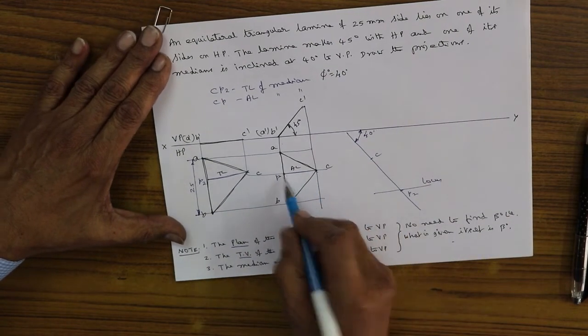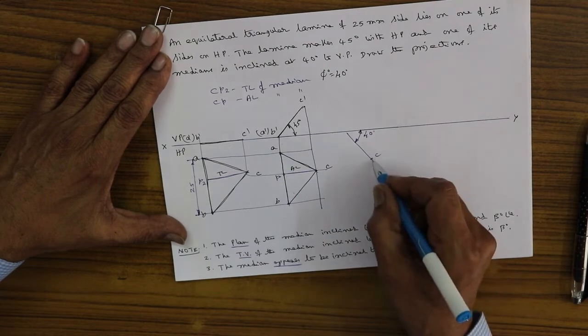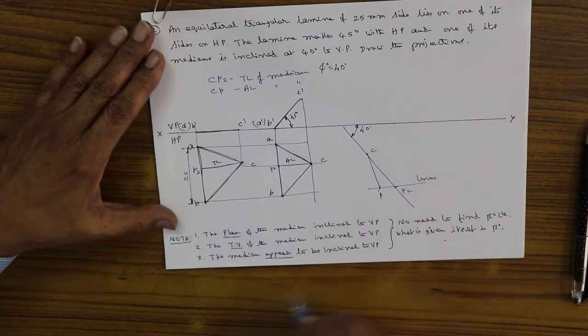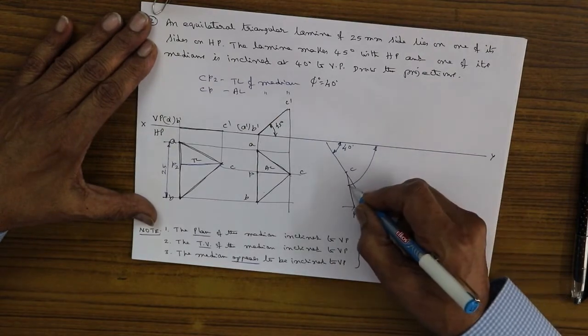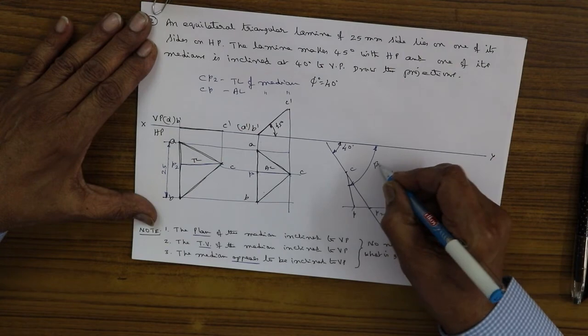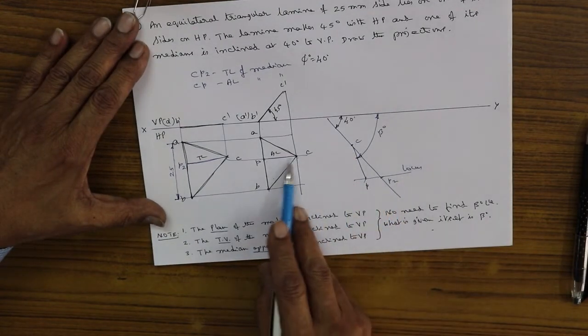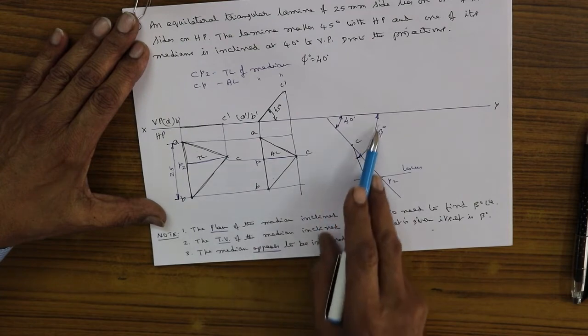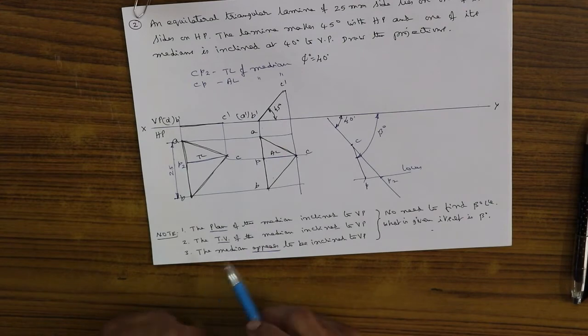Measure CP, the apparent length. From here you cut off CP, the apparent length. That is the CP, apparent length. You now agree with me, this angle is a beta angle. That is the true length. I have drawn the locus to the apparent length, cut with the apparent length, then you get the beta angle. Beta angle is greater than the true angle, that is 40 degrees.